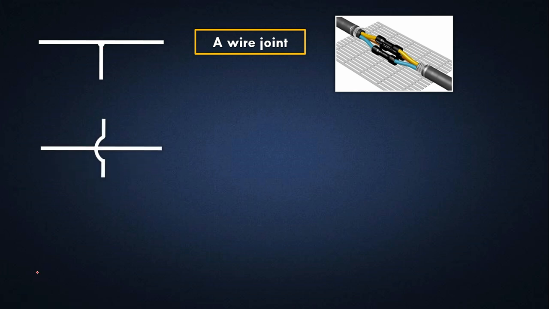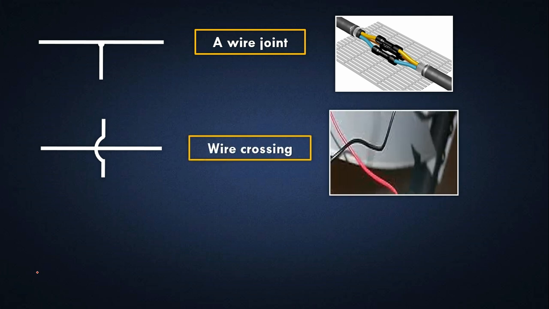And this is a crossing of one wire over another. Okay, they are not connected with each other, they are different wires but one is crossing over the other. You can see the wire crossing. It looks like this. So a black wire is crossing the red wire here in this picture. Is it right? So this is what we call a crossing point. Okay,